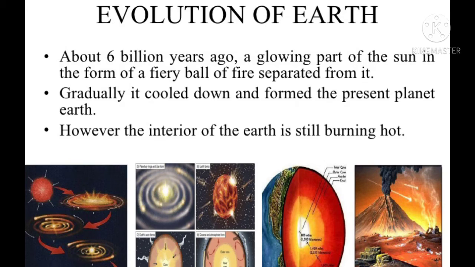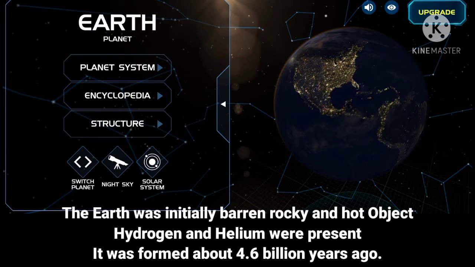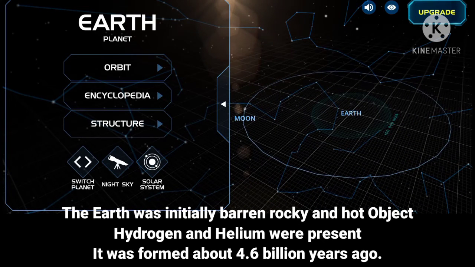And the outer layer, known as the crust, is a mixture of silica and aluminium. So these are the three main layers, whereas many other layers are also partially divided in the evolution of the Earth. Here we can say the planet Earth